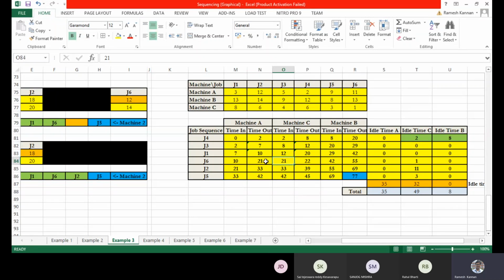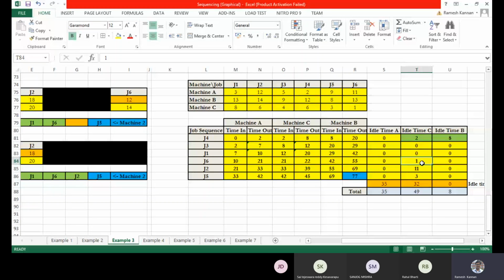Because if you put 20, this is less than the 21, which means there will be a hindrance, or a discrepancy. So even though machine C finishes by 20 hours, you should wait for the 1 hour difference so that you can start machine C. In this case, it is 21, so directly put 21 here. And when you put 21, the difference of this 20 and 21 will be your idle time. So in this case, it is 1 hour. So machine C should wait till machine A gets